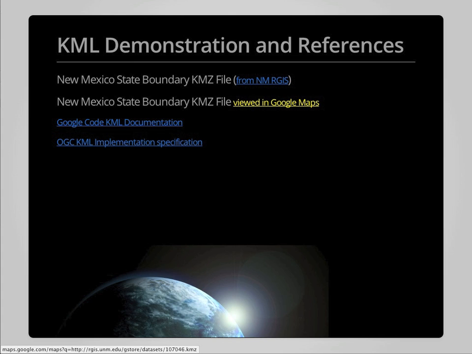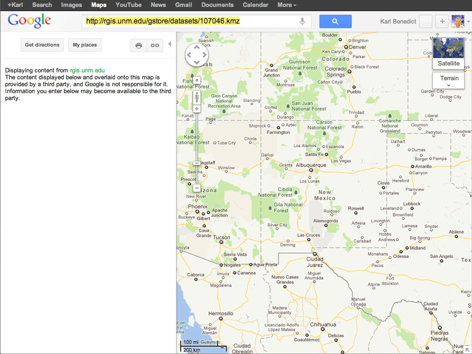We can look at that same file actually in Google Maps, as that file that I downloaded is also available over the web from New Mexico ARGIS. If a KML file is published on the internet, like any files that you might put in your public_HTML directory, you can actually view those files in Google Maps. So if I click on this link here,